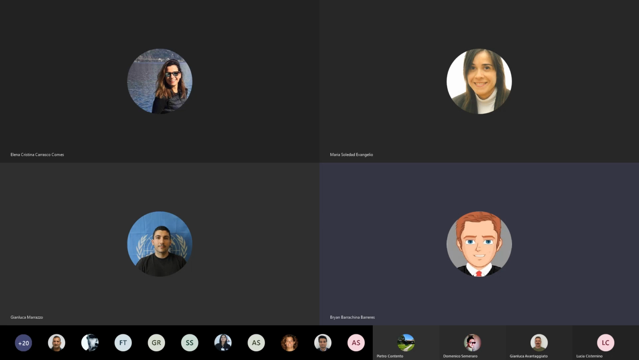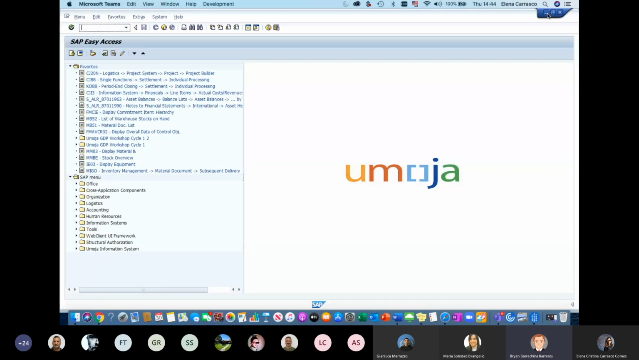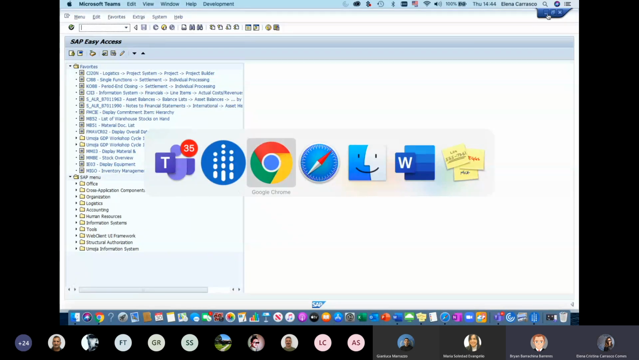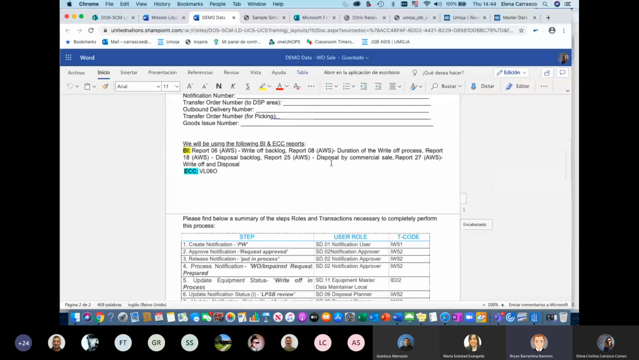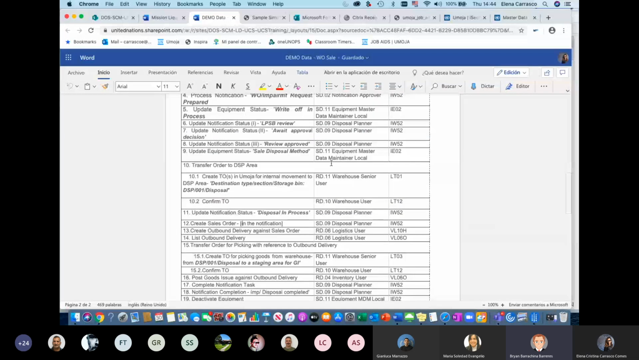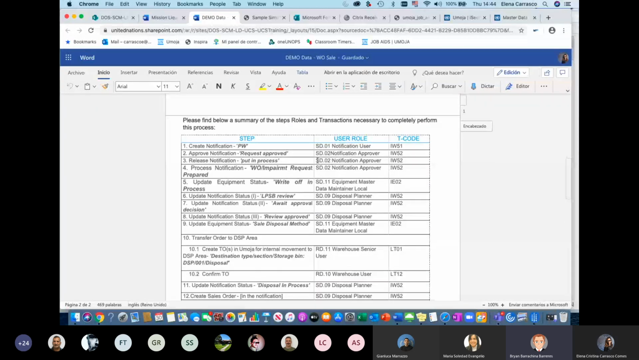Okay, if not, Elena, to close this first half, if you could just share the screen, the cover page of the exercise you were covering today. I just want to go quickly over the summary of transactions and roles involved, because this is one of those transactions that has quite a number of roles. And what I like to do, at least from day one, for those of you who are going to be performing these transactions, I see notification users, approvers,